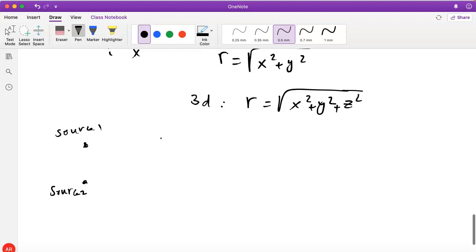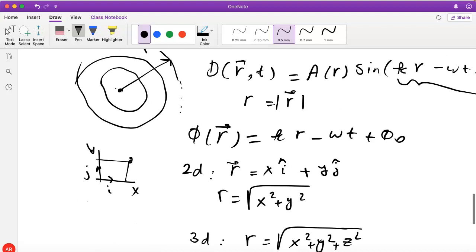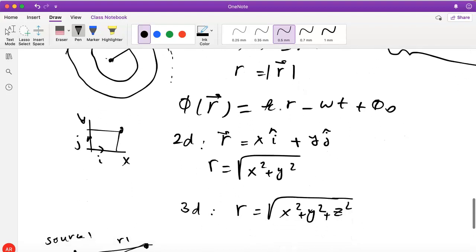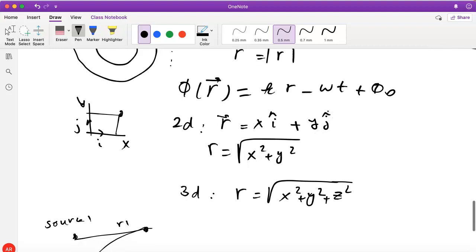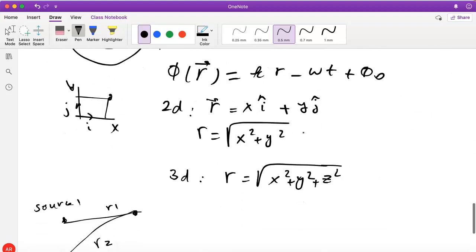At some point, let's say that's a distance R1 from this and a distance R2 from this. The amplitudes could be different, because they depend on the distance, but if the phases are the same or differ by multiples of 2 pi, which makes the sine function the same, then